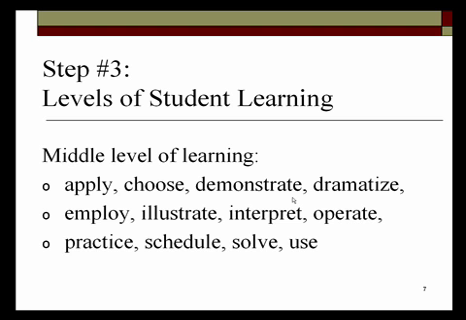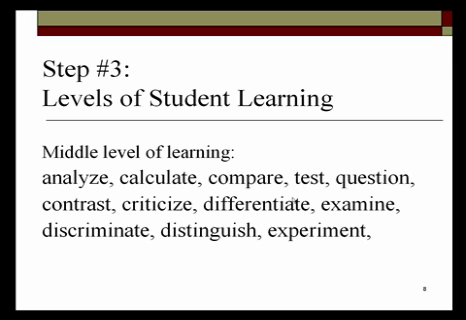Let's consider some mid-range levels of learning. Here, students take basic knowledge and apply it. So we could say something like, students will be able to apply theoretical concepts to solve current social problems. Yes, exactly. Another way to phrase mid-range student learning outcomes is to ask students to analyze, compare, contrast, criticize, experiment,